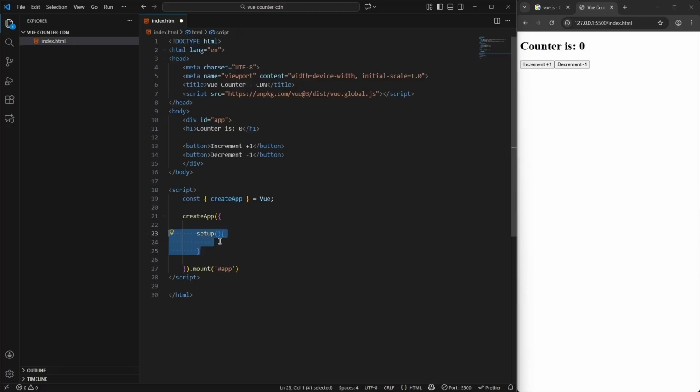Inside of this function, we can declare variables and functions, and we can make them public so that we can use them in the body. To make things public, we have this return clause, inside of which we declare whatever it is that we want to use outside. So for example, in this setup function, which is inside an object of the createApp method,